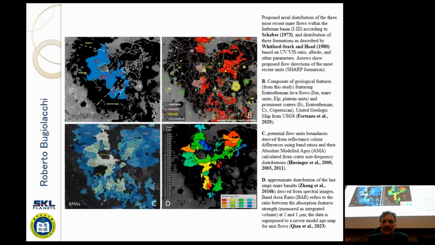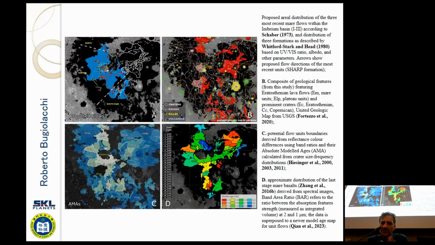I can't give you background in these kinds of talks, but just to give you, as I used to say when I was younger, a flavor of what we are doing now. So this is the mapping of the principal Mare on the lunar surface. This is Oceanus Procellarum to the left, the one which is a known basin. And then the Imbrium, of course, which you're most familiar with. And on the top panel, number 8A, you can actually have a look at the orthodox mapping of lava flows, or the latest lava flows 1, 2, or 3, with the Scarborough Shaba, I never know how to pronounce it,